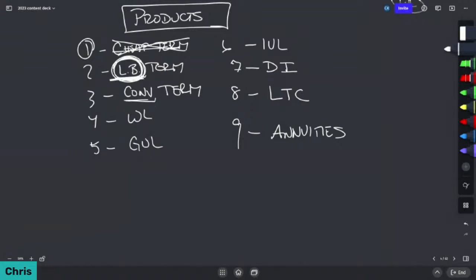Then what I love the most is convertible term insurance, because when we're talking about implementing a plan to maximize your human life value, buy your net worth, and build your cash flow, you're utilizing convertible term insurance to lock in your insurability and guarantee that you're able to execute on the plan moving forward. You buy a term policy with the right time horizon, whether it's 10, 15, or 20 years, and you have a plan to convert it on a systematic basis over a period of time.